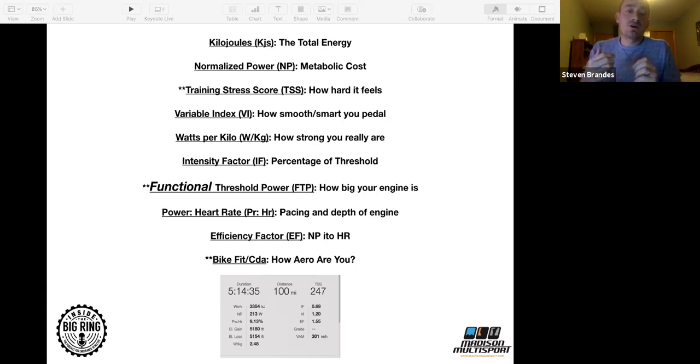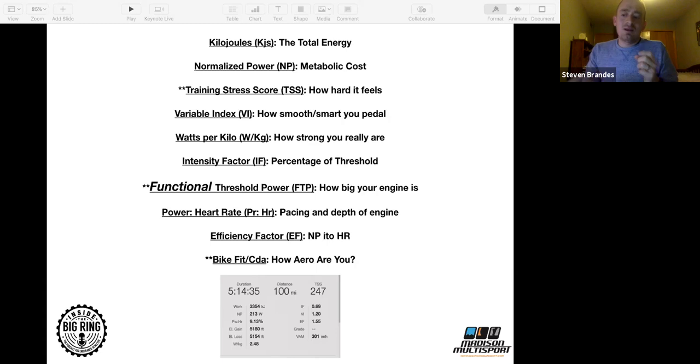Because again, if your threshold number is getting bigger, but you're putting on more weight, then you're actually not really getting better, even though your absolute number is getting better. So you have to look at this in terms of what is your weight into your threshold. And you can think, well, I'm just going to lose a bunch of weight. Not always the best idea, because if you're so focused on one number, which is the weight, then you can get yourself really weak.